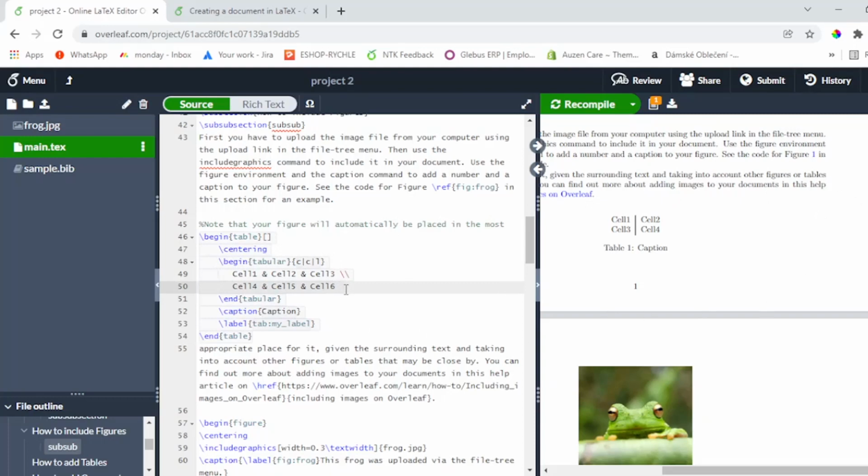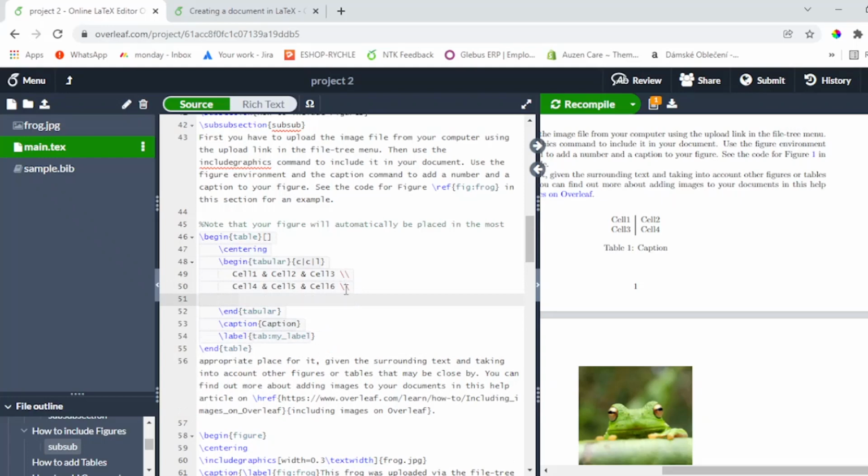If you want to increase the number of rows, use a double backslash to move to another line, or another row, let us say. So we put cell 7 and cell 8 and